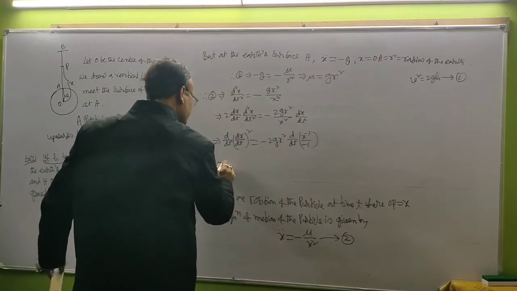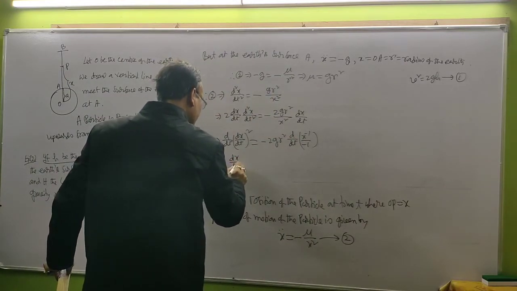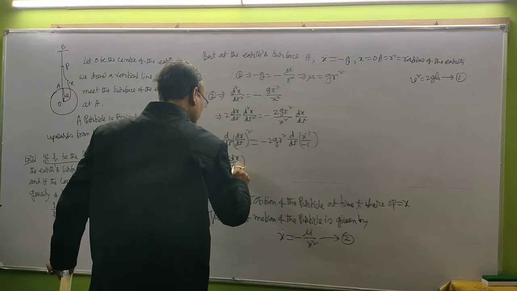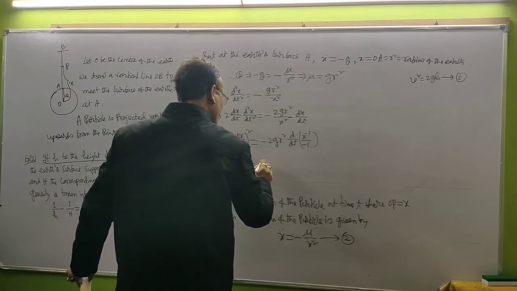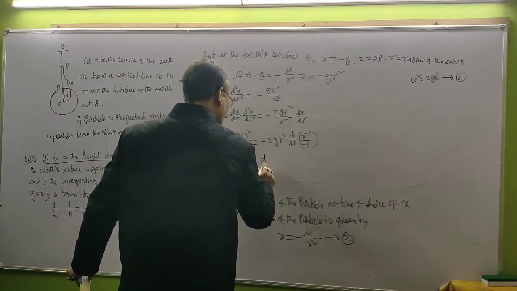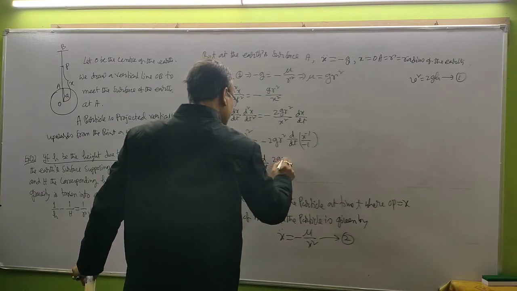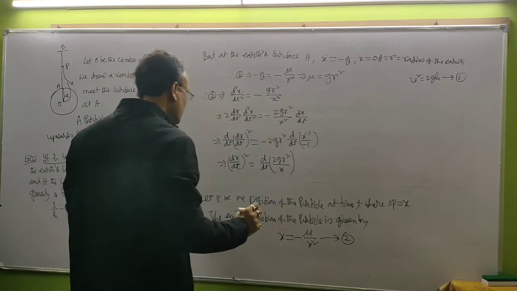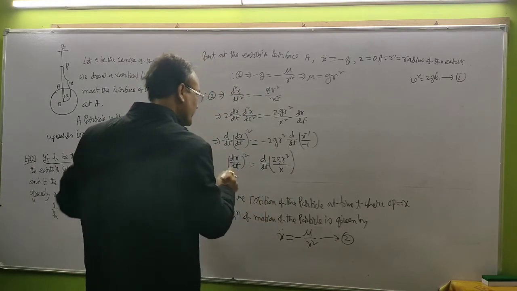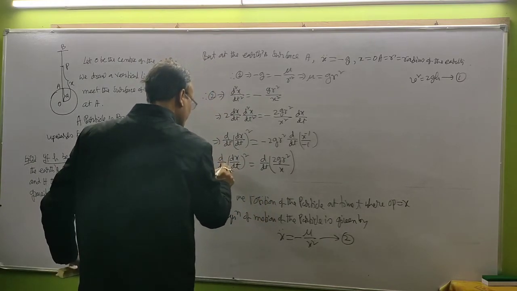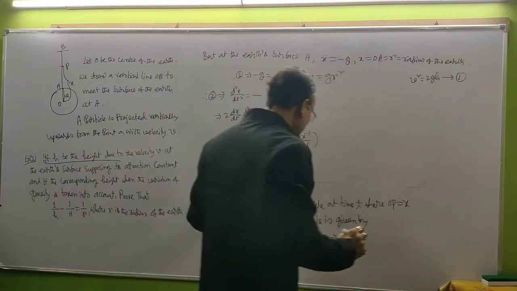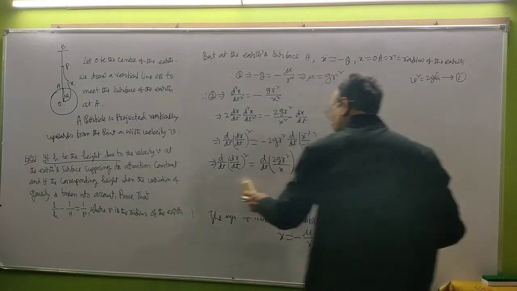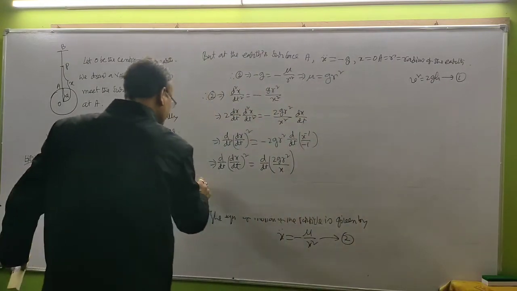This means (dx/dt)² = d/dt of 2gR²/x. Integrating, we get